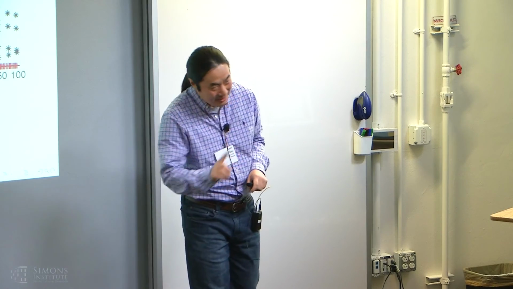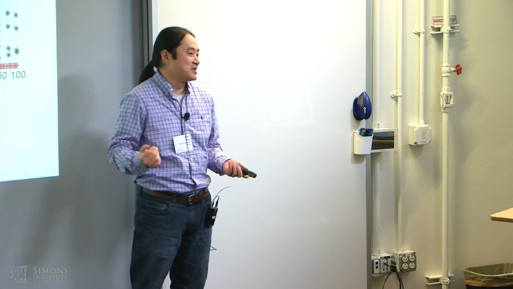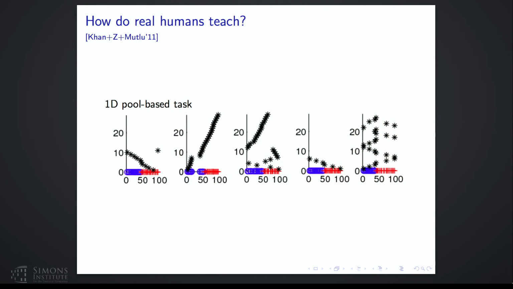Let's see how the humans did. Each panel is one of our selected human subjects. The X-axis is our interval, let's say -1 to 1. The color indicates the true class, so you can sort of see where theta star is. The Y-axis is the trials, since they're teaching sequentially.